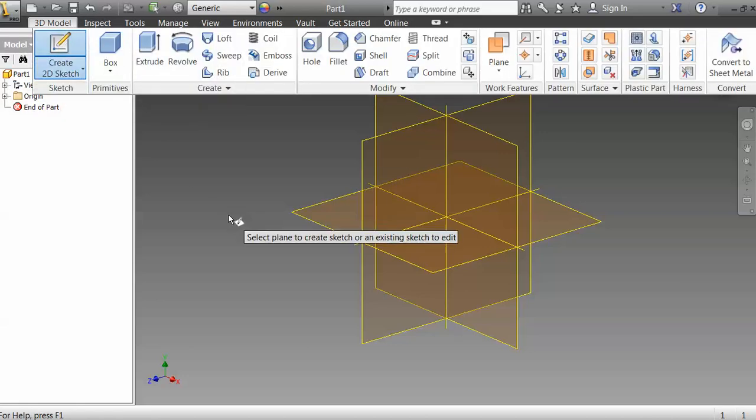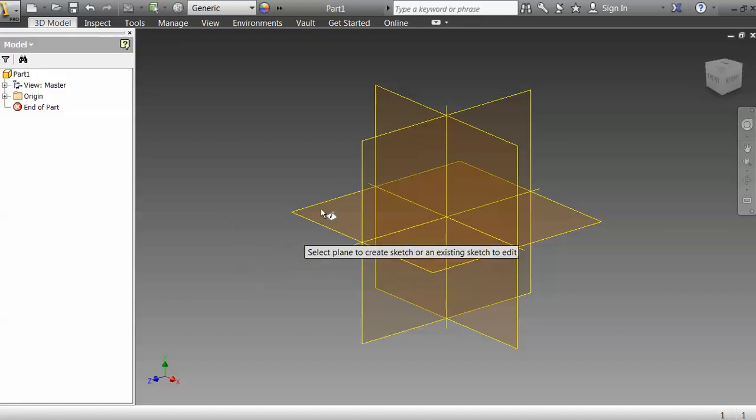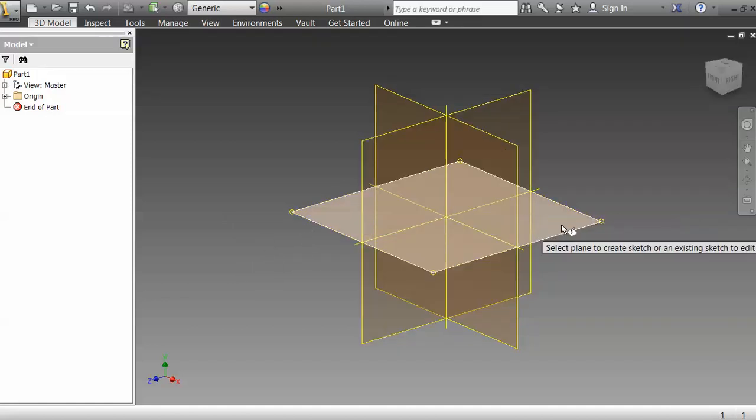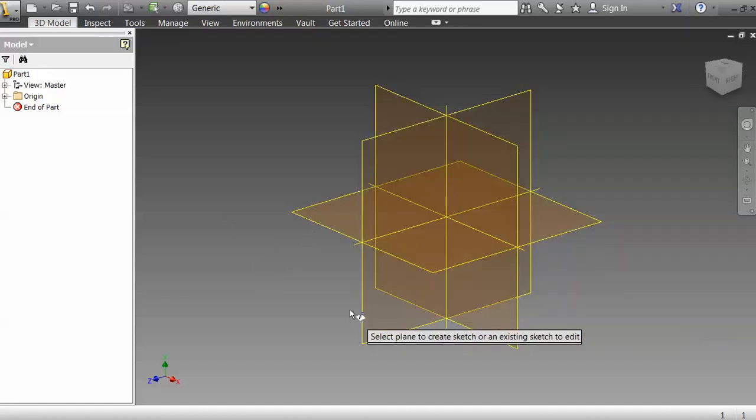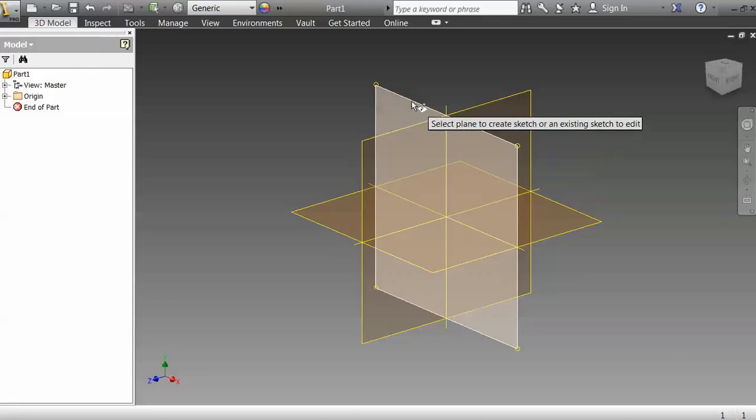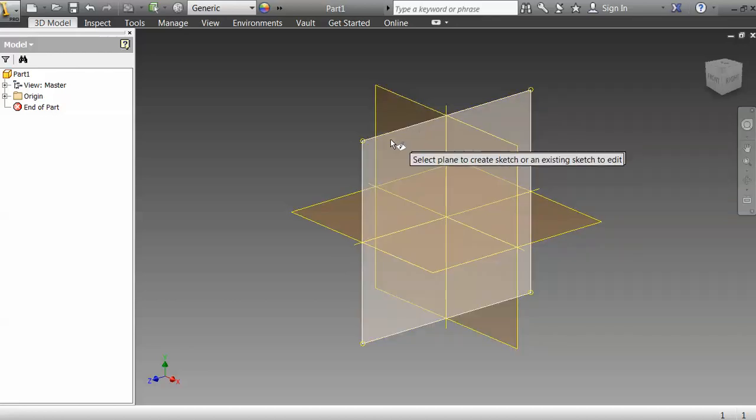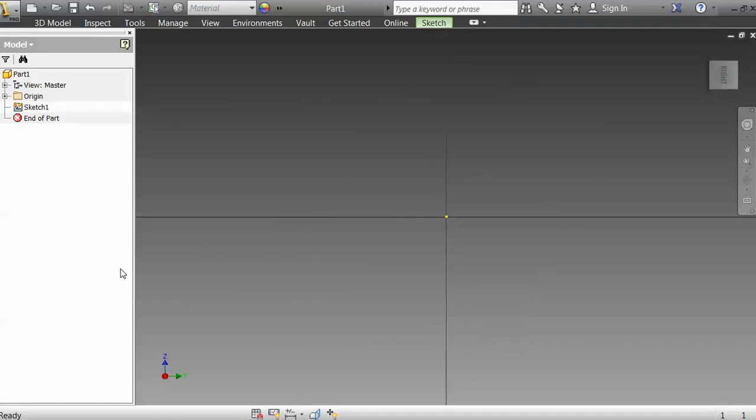I'm going to create a two-dimensional sketch. Now, having clicked on that, I can go over here. I'm going to want to pick a plane. We've got all these planes. I'm going to pick a plane to put the drawing on. So now, simply put,